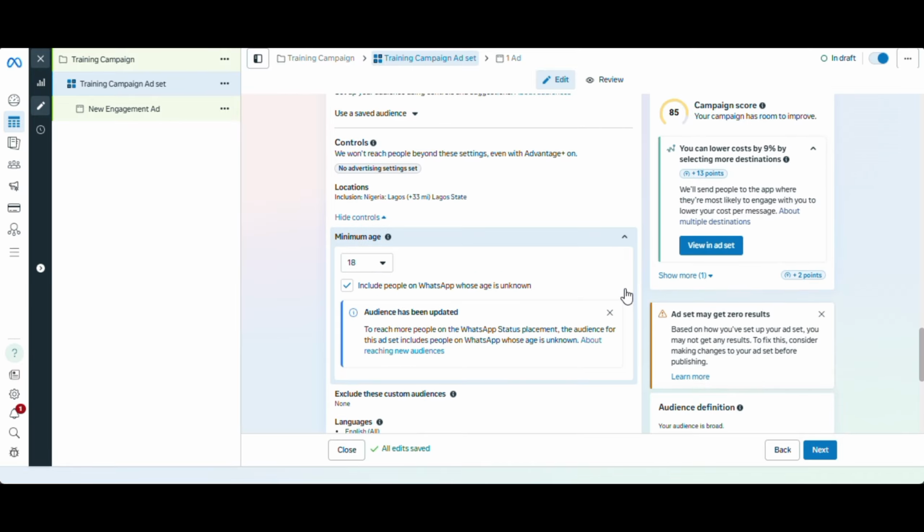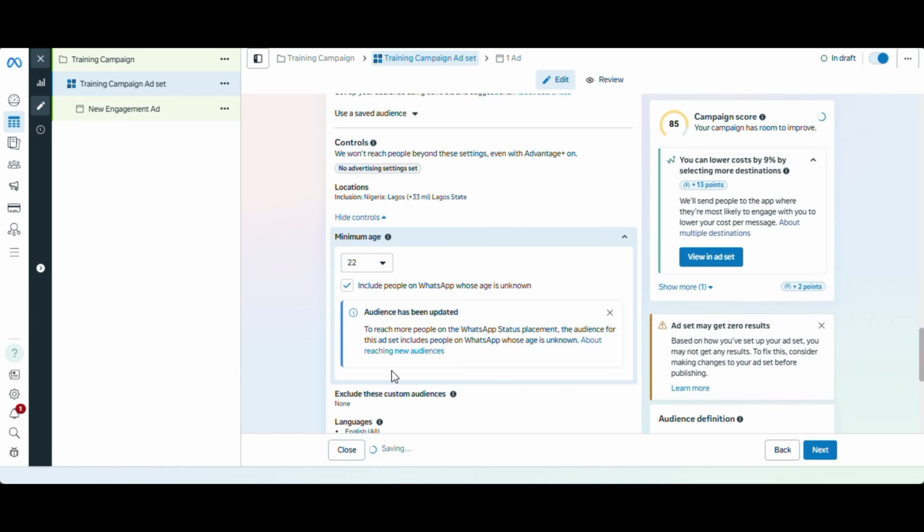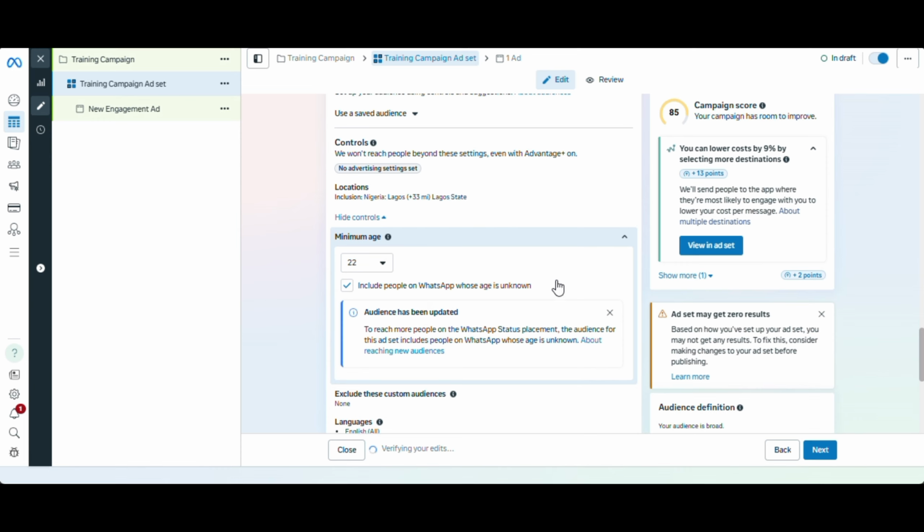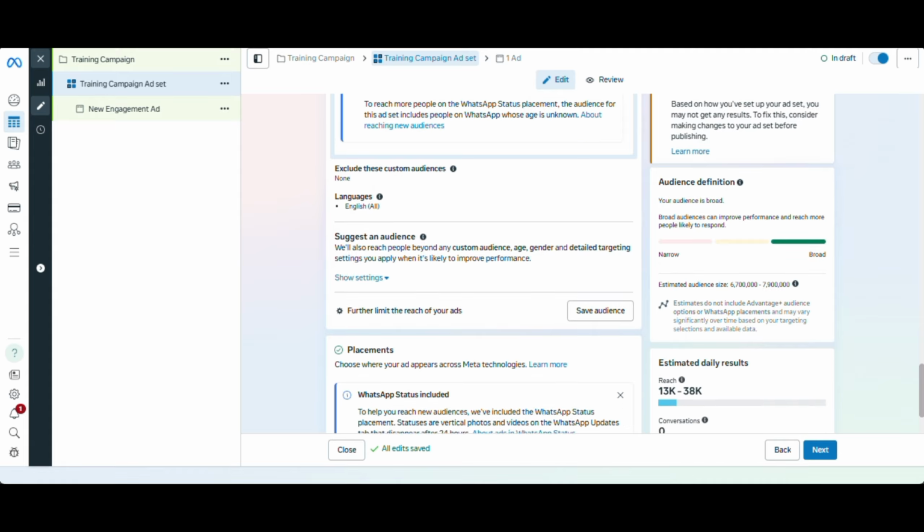This is age. Come down here. The minimum age, let's say for this particular offer, is 22. Select the minimum age. Then you can put all this. And then to